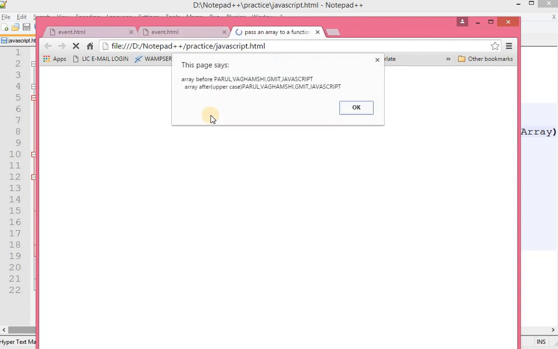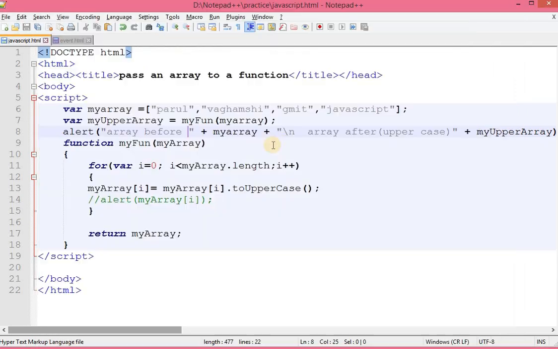Now you are expecting that before and after, both arrays will be in different case, but you can see that the array before is also in uppercase and the array after is also in uppercase. So what is the problem over here? We have printed our original array, and over here the result that is written by our function.